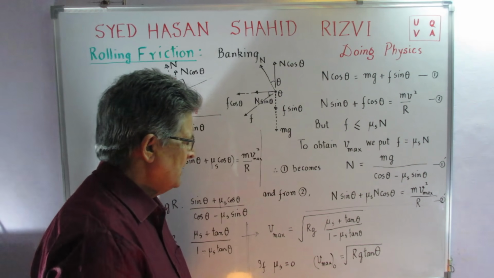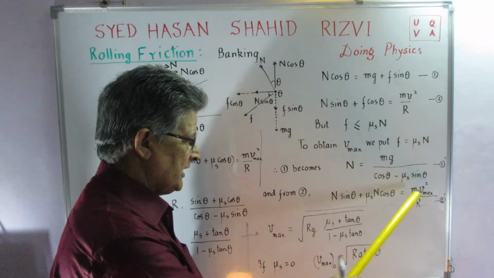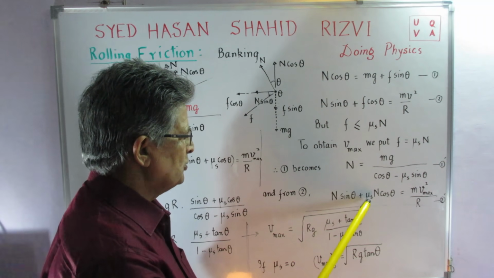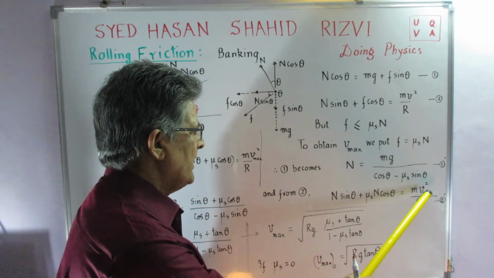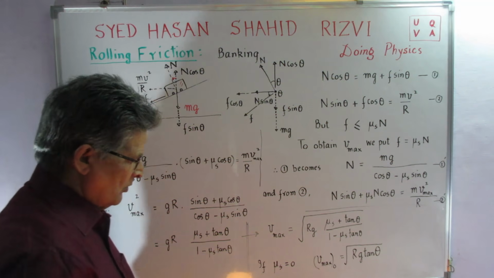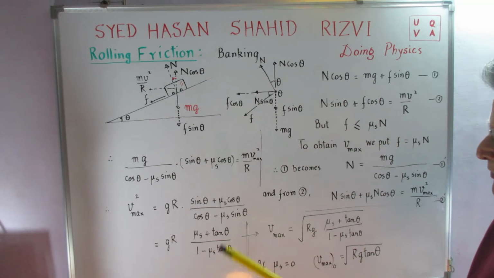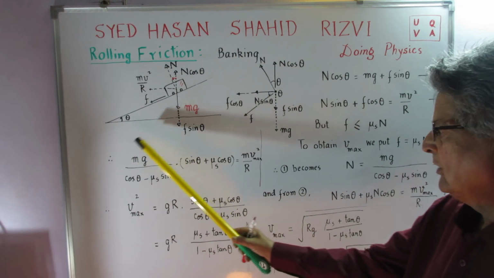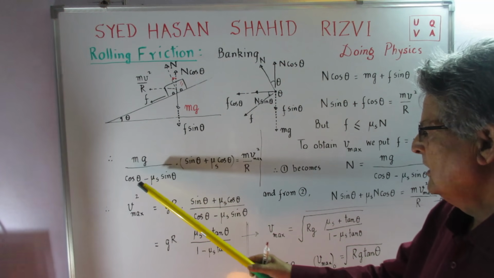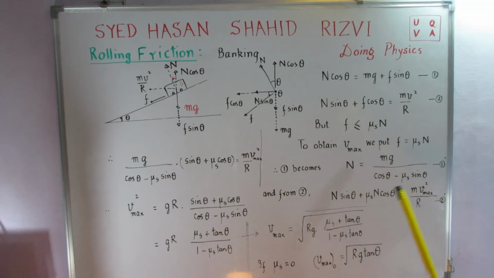And from equation number 2, what we can obtain is, for the maximum velocity that I have just introduced to you, n sine of theta plus f cos of theta, which is equal to mu s into n cos theta, is equal to m v maximum square upon r. So what we obtain with the help of these two equations, I can therefore write that the value n, which is mg upon cos of theta minus mu sin theta,